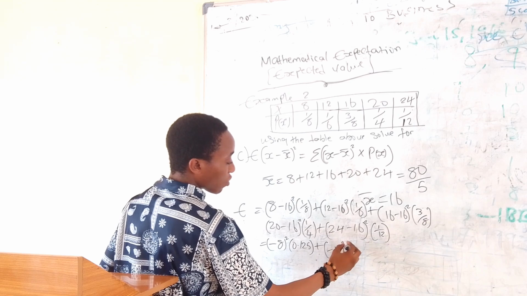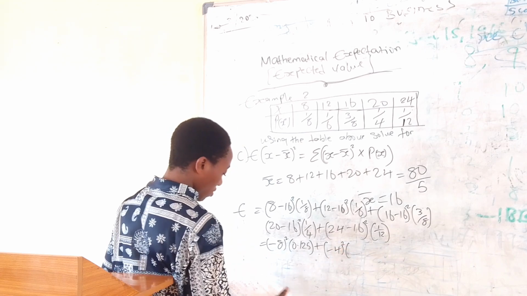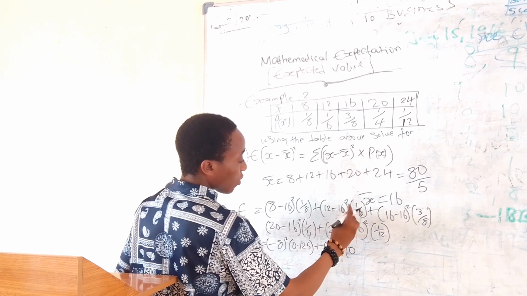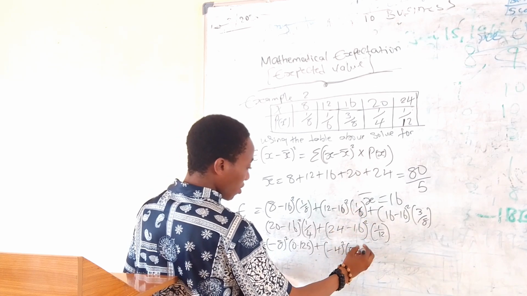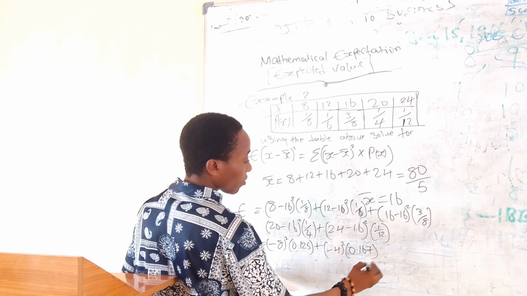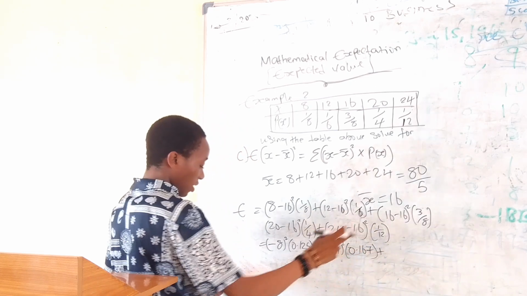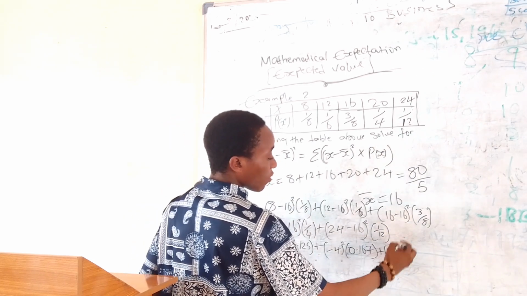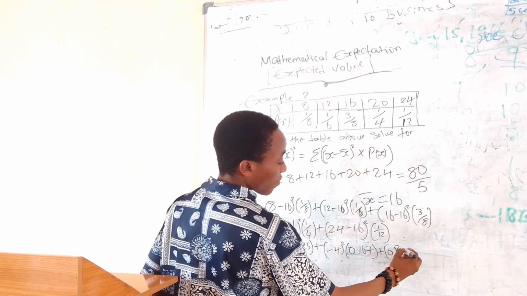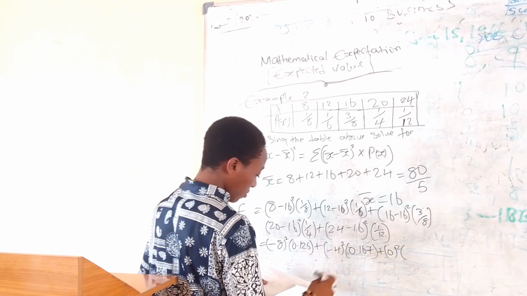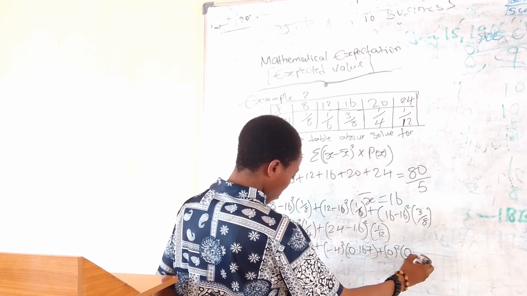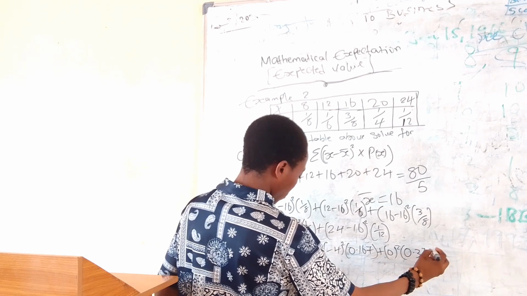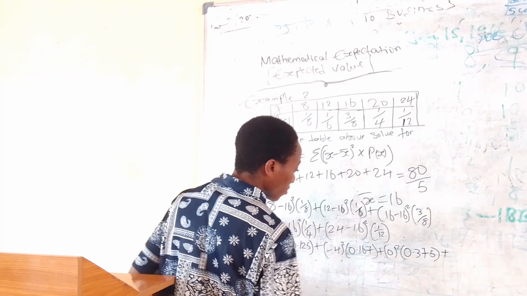Minus 4 to the power of 2 multiplied by 1 divided by 6, which gives us 0.167, plus 16 minus 16 is 0. This to the power of 2 multiplied by 3 divided by 8, which is 0.375, plus